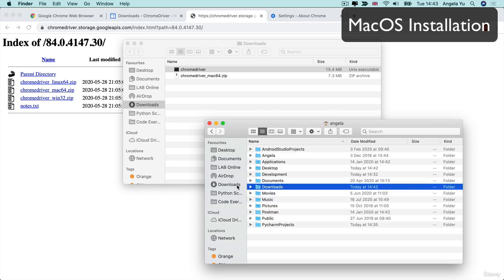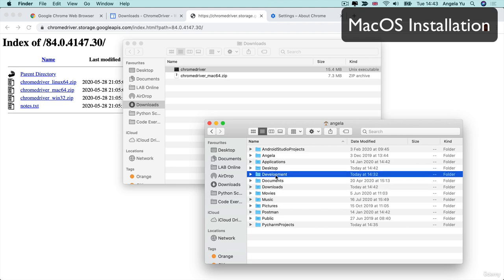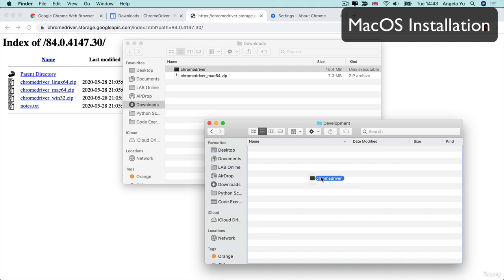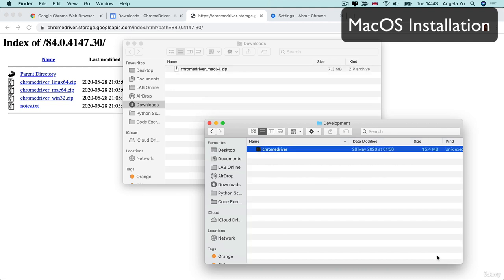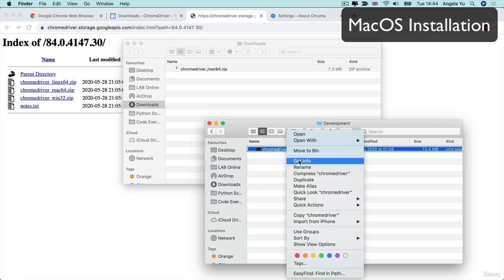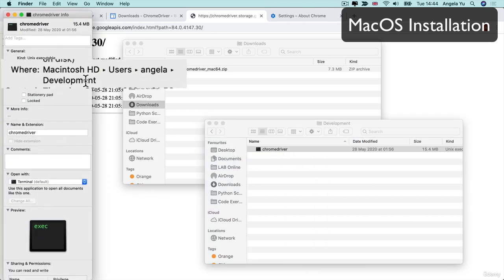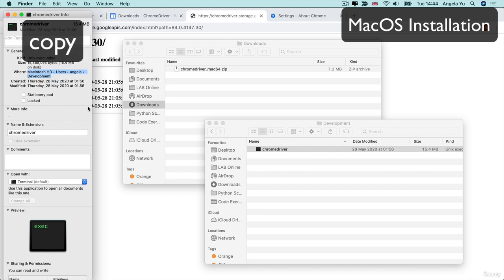In my case, I'm going to go up a level with Command Up. And here I've got a folder that I've created called Development. Now you can create a folder anywhere you like and then call it anything you like and move this Chrome driver over to the new location. Now the most important thing though is to actually get the file path for this particular file. To do that on a Mac, all we have to do is right click and go to Get Info. And then where it says where, we're going to copy all of that, hit Command C to copy,